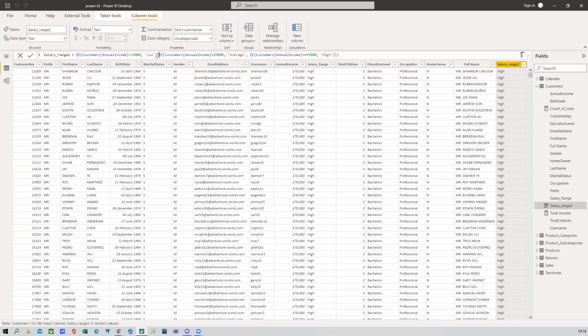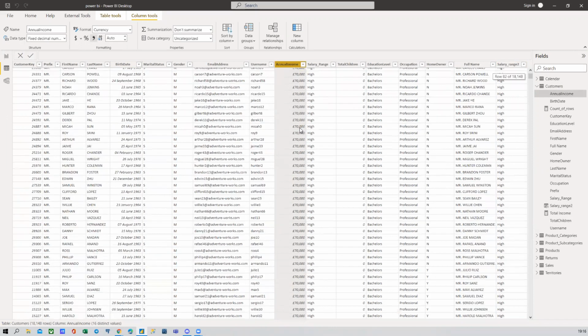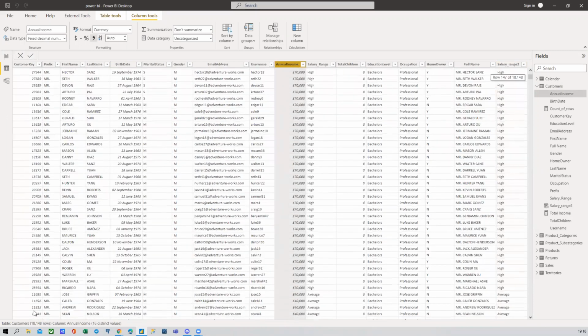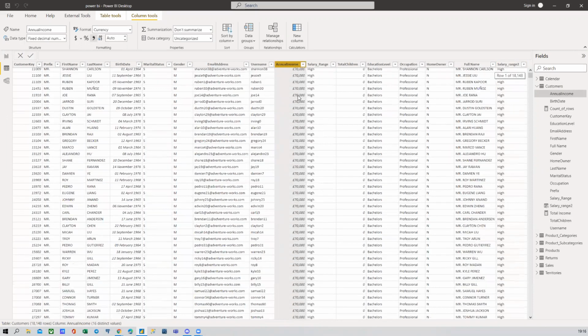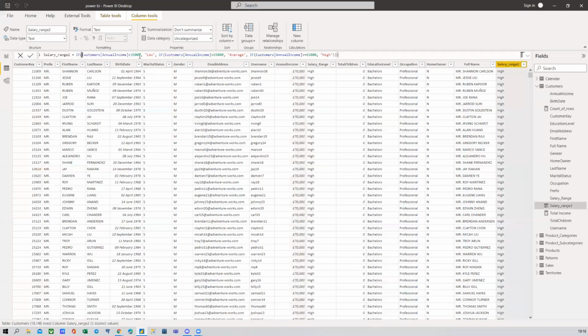So if this condition is not met, now you said if this is less than 35,000. So let me explain what is happening here. In our customers table, we have a column called annual income. So you can see it ranges from 70,000. If you scroll down, this is 40,000, 90,000, 80,000, and what have you. We have a lot of them, about 148 rows here. So now what we are doing basically is saying if this amount that you have here,